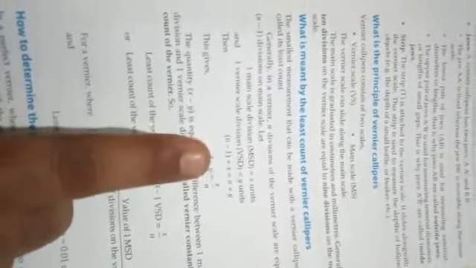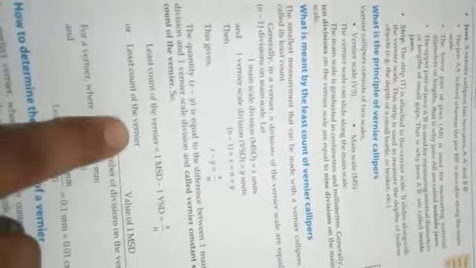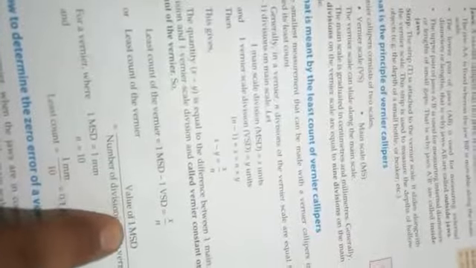The least count means the least measurement that can be taken with the help of a device. So when we go for the least count of a vernier caliper, children, you can see the formula for the least count of a vernier scale. The least measurement, or least count, means how much the value of one vernier division is. So the least count of the vernier caliper is equal to the value of 1 MSD, main scale division, divided by the number of divisions of the vernier scale. I already told you the vernier scale has 10 divisions, and one division of the main scale is how much? It is 1 millimeter.